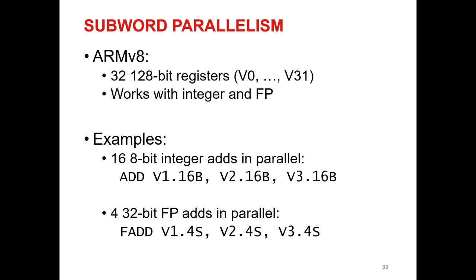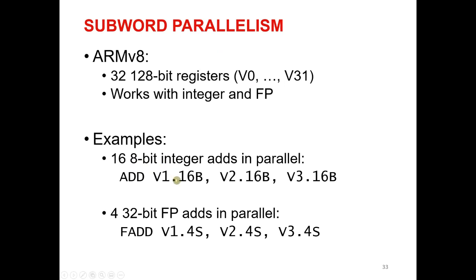In RB8, and notice here that I'm saying RB8, not LECV8. In LECV8 we don't have this. In RB8 we have 32 128-bit registers, which are called V0 until V31, okay? And they work with integer and floating point precision. So for instance, remember that before I mentioned that instead of adding 128 bits to another 128 bits, I could do adds in parallel. So I could do 16 8-bit adds in parallel.